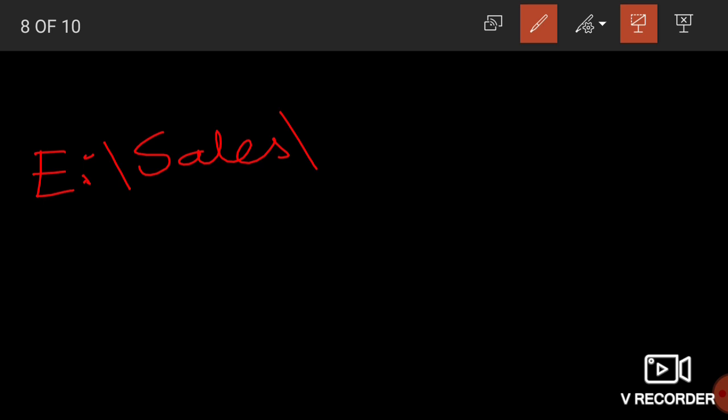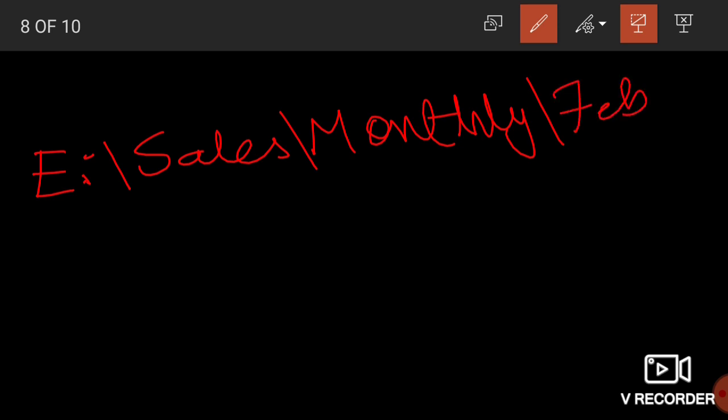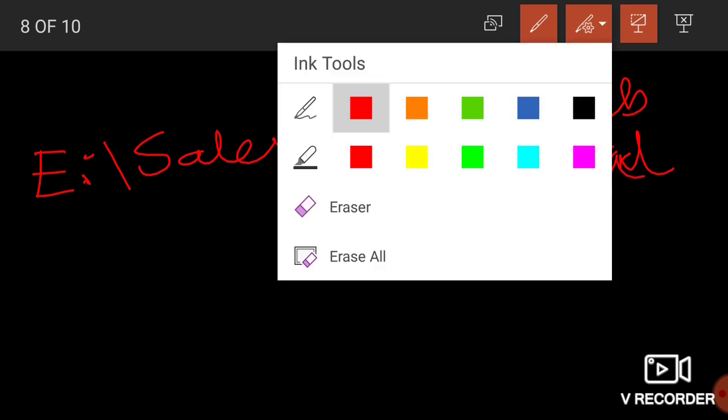But I want to check the monthly salary, so I will now write monthly. And inside monthly I am having three files: Jan salary, Feb salary, March salary. But I want to access Feb salary, so I will write there Feb salary.